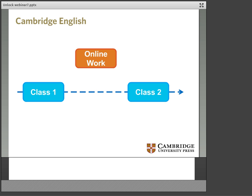And when we ask them to do online work, it's maybe a bit separate. It's something else that they're going to do. It's not necessarily something we feel we need to be very involved in. So they go and they do it independently, and often the information that we get about online workbooks is that it's something independent. Go let your students be free and creative and work online, which is all very well, but we're still talking about education, so we don't want them to be too free. We need them to achieve the things that we want them to achieve as well by the end of the